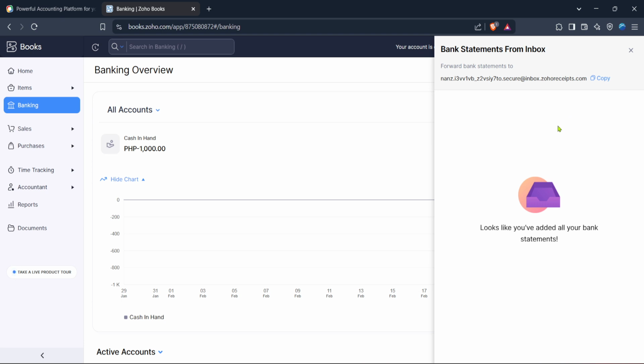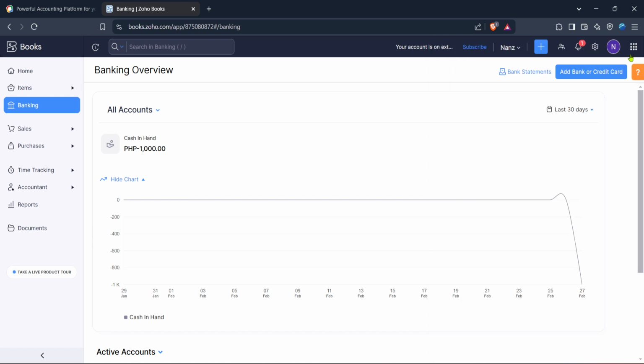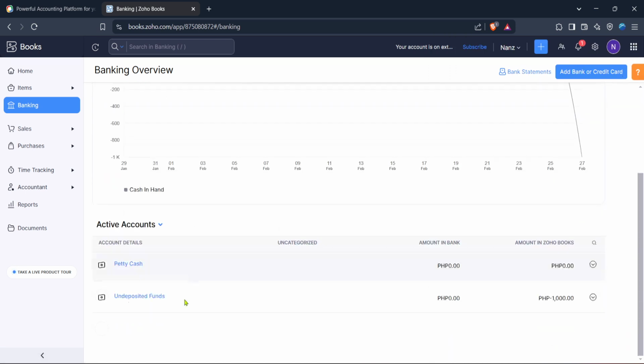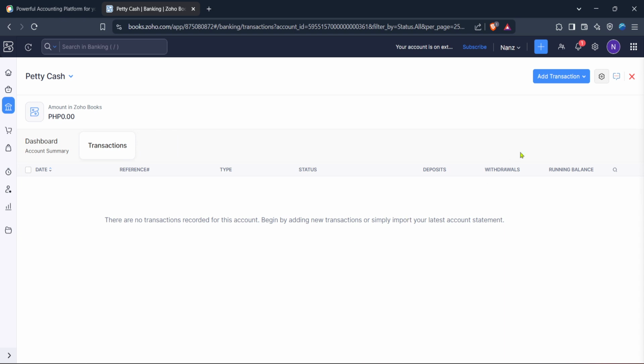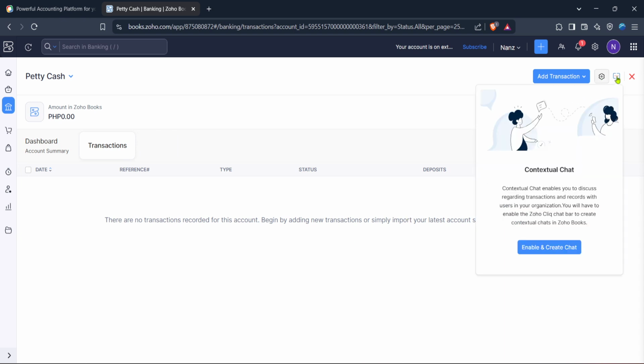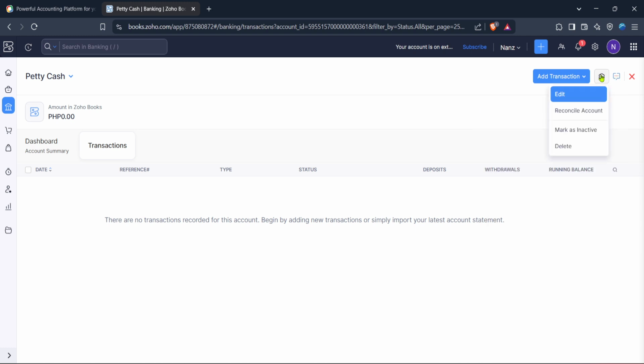Once your file is ready, upload it to Zoho Books by selecting the appropriate option on the screen. The system will guide you through mapping each column from your file to the relevant fields within Zoho Books. Be meticulous during this step to avoid any discrepancies in your financial records. Confirm the import by following any on-screen prompts, and there you have it. You've successfully manually imported your bank statement into Zoho Books. Make a habit of reviewing the imported transactions to ensure everything aligns with your expectations.